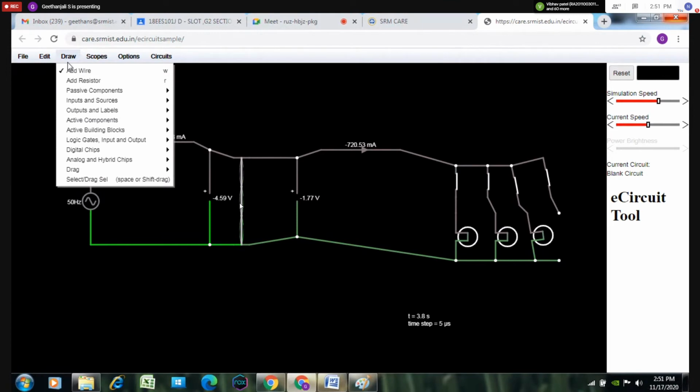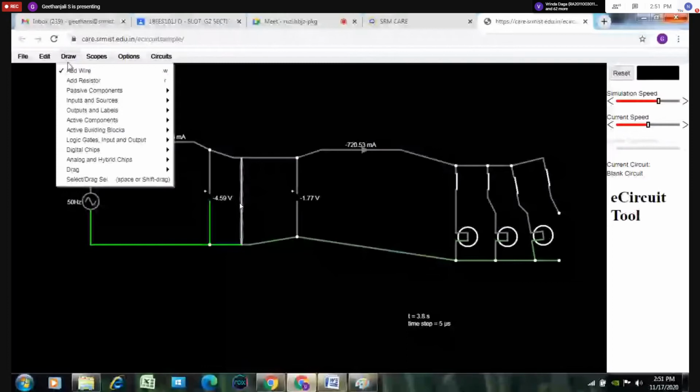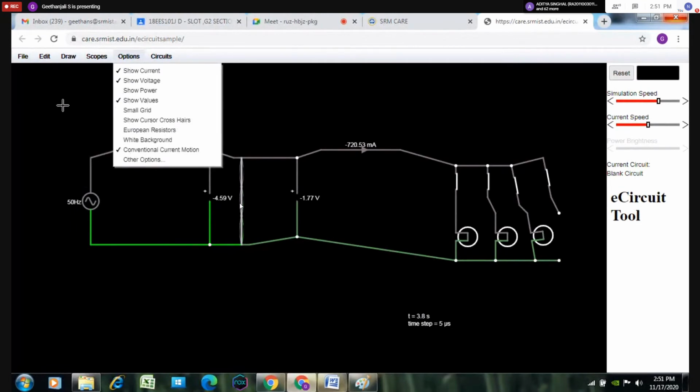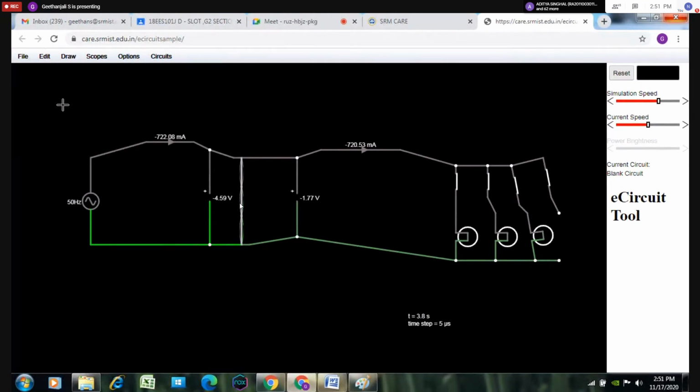The time will not be constant for all. Since it is AC, wherever you click on the stop button, it shows the instantaneous value at that time alone. It will not be the same for all. The instantaneous value is not the same at all times when you click on the stop button. The value keeps varying simultaneously. That is the reason you are not getting this answer, right? Next.